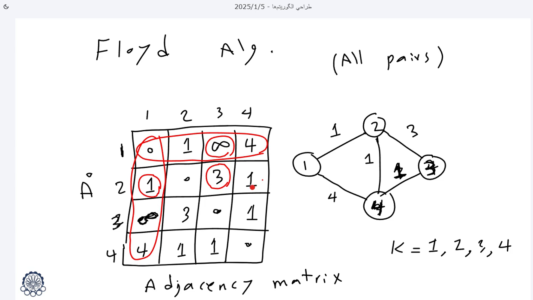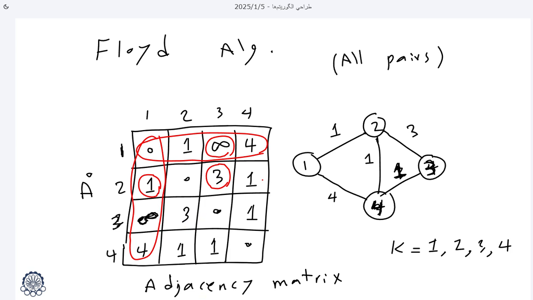Also for other values, here we have value 1. The value 4 plus value 1 is equal to 5, which is greater than 1, so this value is also not changed. The values in the other rooms are not changed